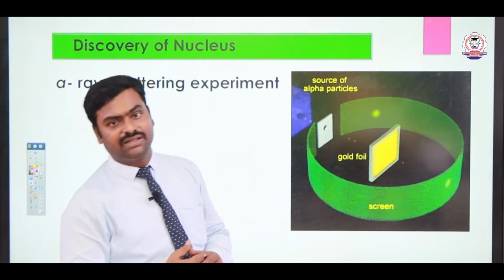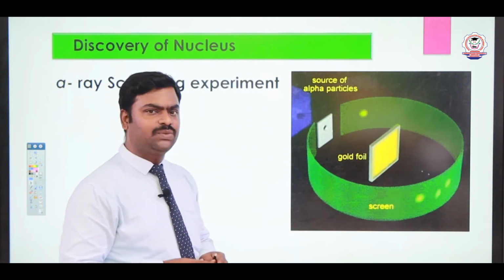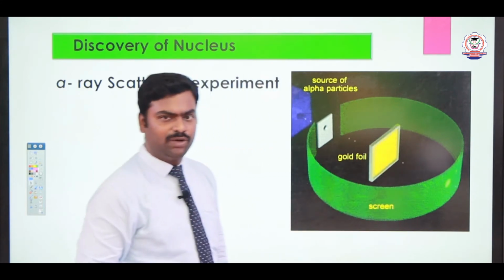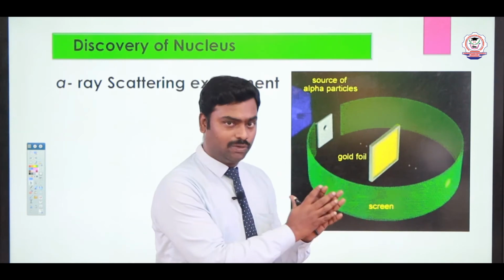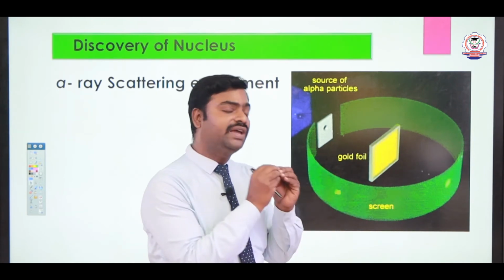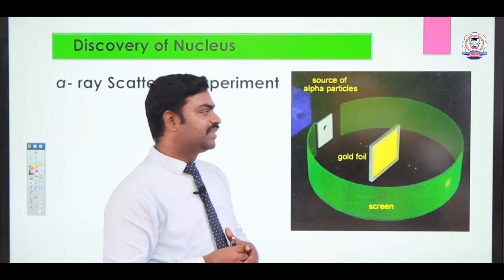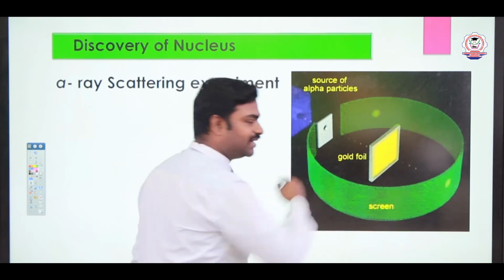He was observing three different phenomena. One is, most of the particles were easily penetrating through the gold foil and reaching the screen, and he was seeing the glow immediately, and also it is a continuous glow. Some of the particles were deflected and they are glowing around the corners, everywhere.